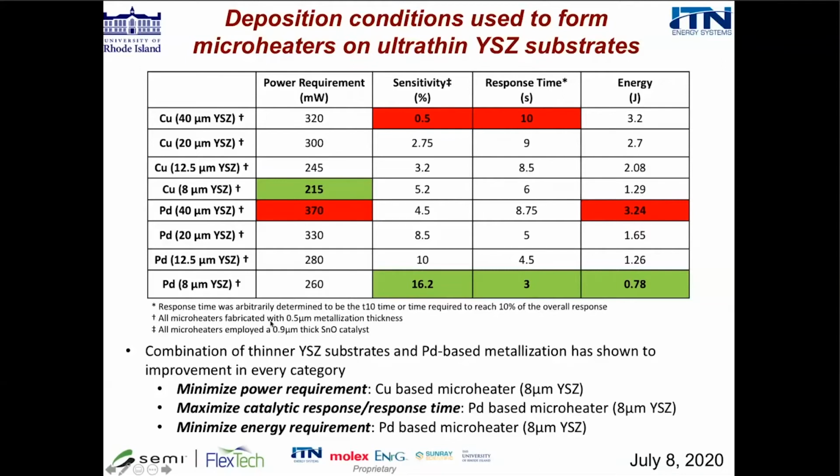So what this shows is that the minimum power requirement was achieved with a copper-based microheater because of its lower resistivity. The maximum catalytic response and minimum response time was achieved with a palladium-based microheater, 8-micron YSE substrate, and also the minimum energy requirement was for a palladium-based microheater on very thin YSE. So these are thinner than actual paper. If you can imagine paper microheaters, paper is much thicker than these ultra-thin YSE substrates. So that's the